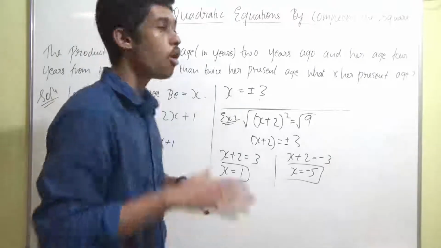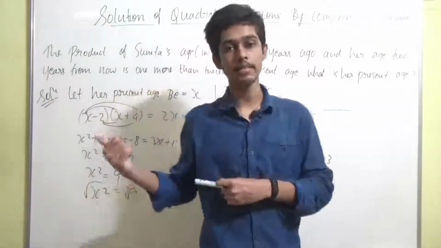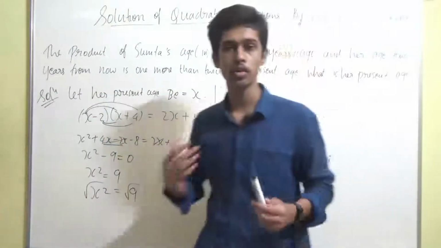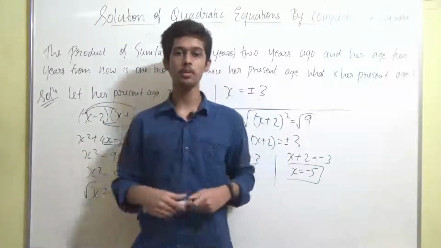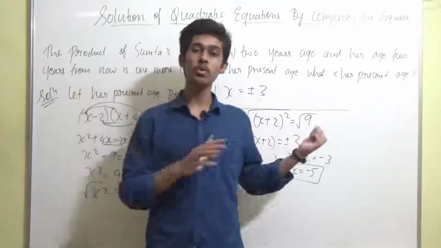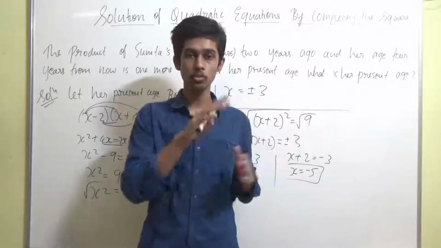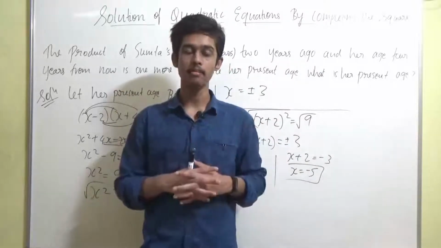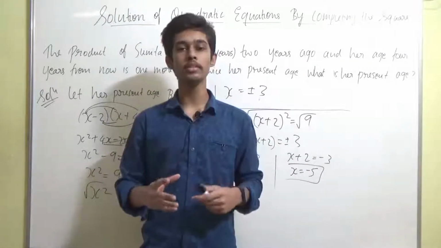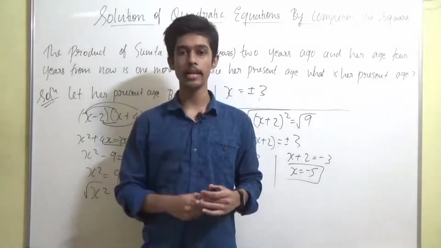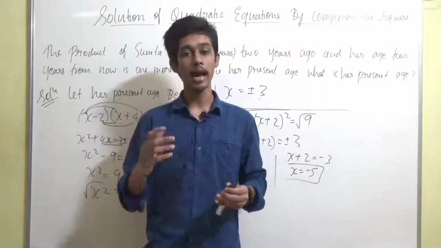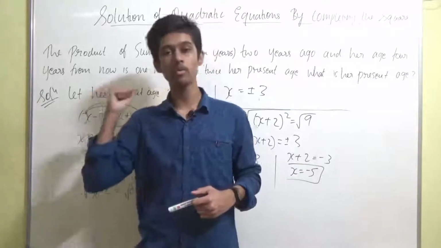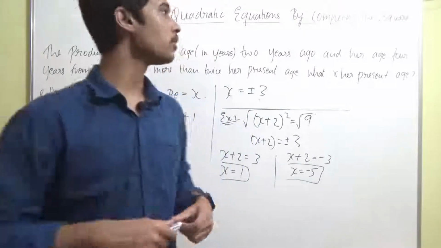So the thing is, all the equations won't be like this. These are a few specific equations which I took for the example's sake, so that you will understand. All equations won't be in this format in which we can take the root on both sides and easily get the value of x. In a few questions you have to make it in that format. Getting it? You have to bring it in that format and then find the value of x. That's what we'll be learning in this method, guys. That's what I wanted to tell you.